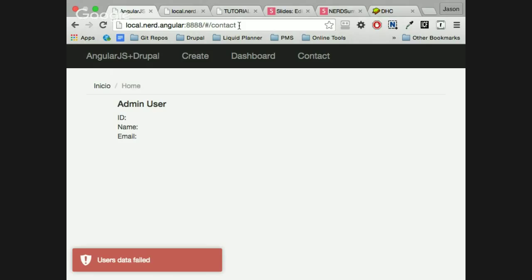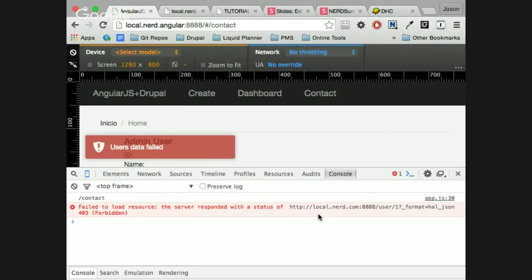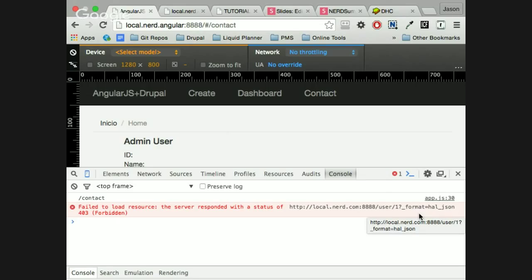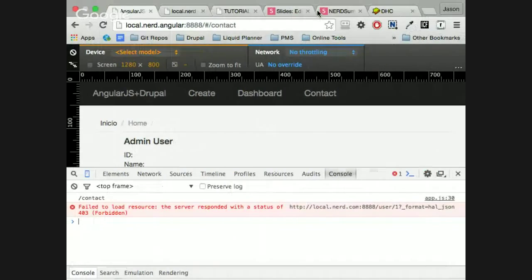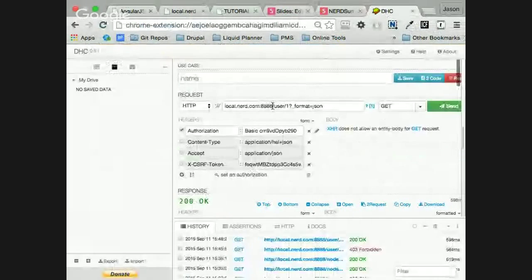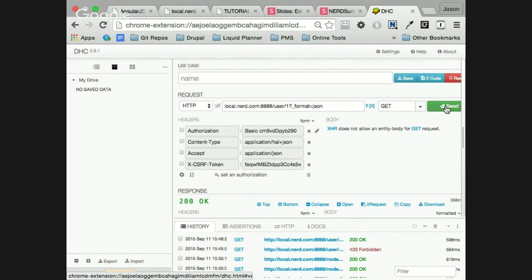So I'm getting an error. If I check my console, I'm getting just a 403 error, and I'm going to the right URL. For some reason, it's failing. But it's the same reason we can see on the add-on that makes it easier, because if I remove the authentication, we'll get no, it's catch.